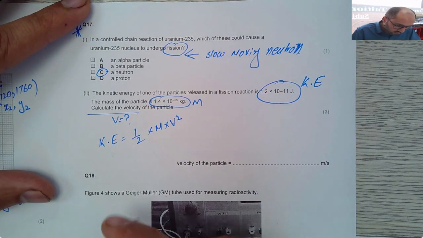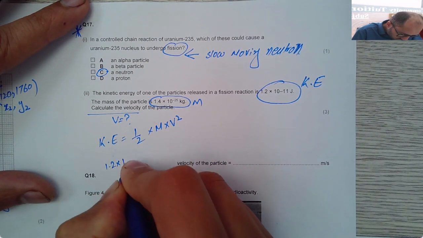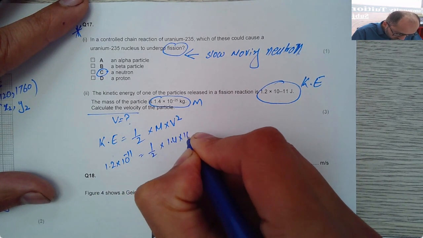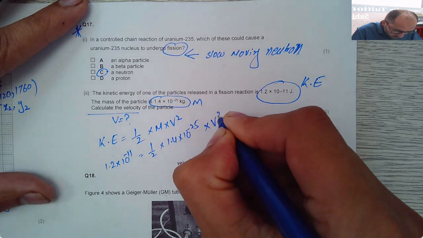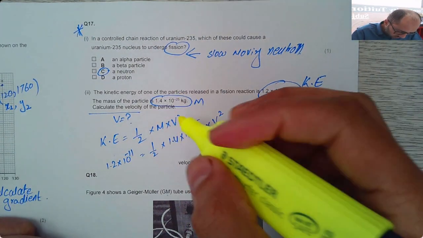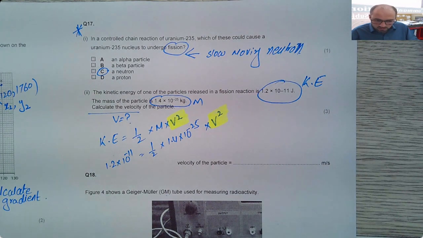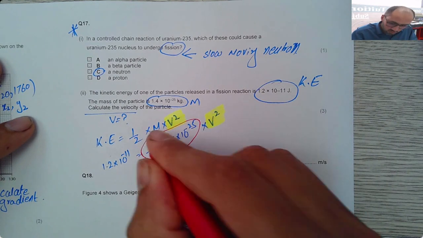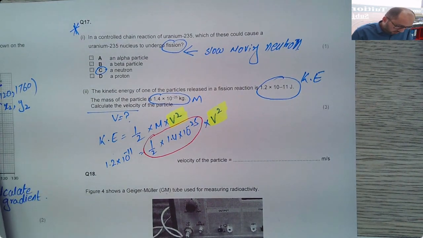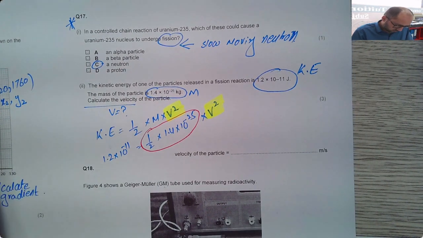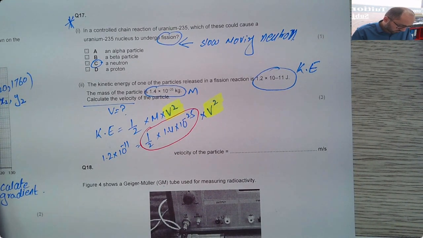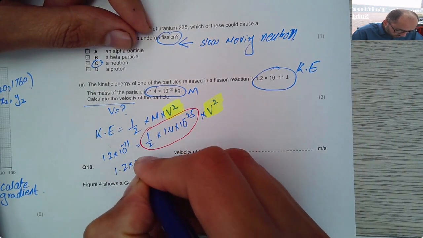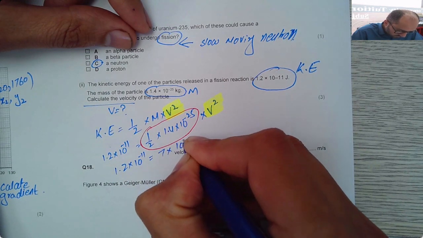I can now substitute values for the Ke. I'll put down 1.2 times 10 to the power of minus 11 equals half times 1.4 times 10 to the power of minus 25 times V squared. Be extra careful with this section here. Once you've done this, you can put this section in the calculator, and the calculator will give you an answer. It becomes 1.2 times 10 to the power of minus 11 equals 7 times 10 to the power of minus 26